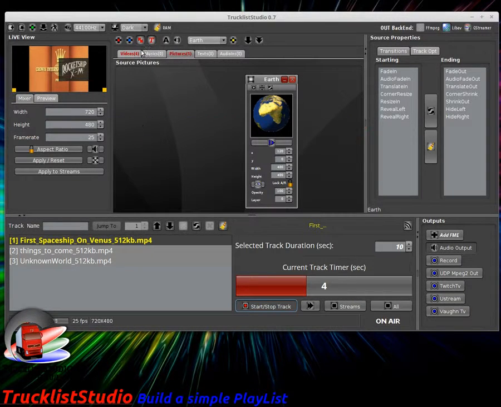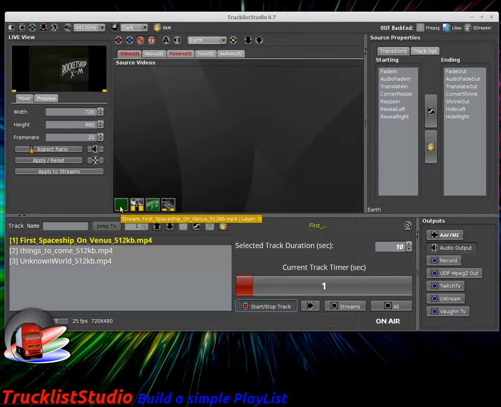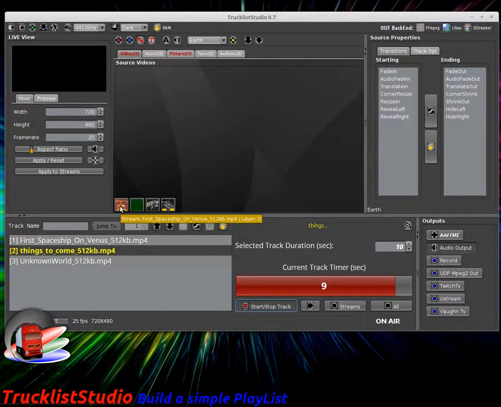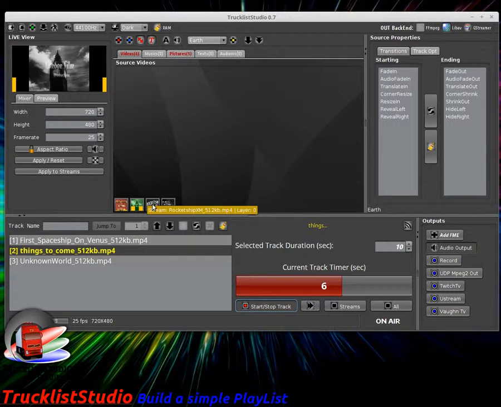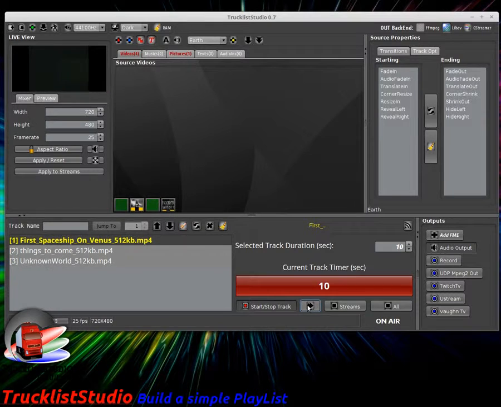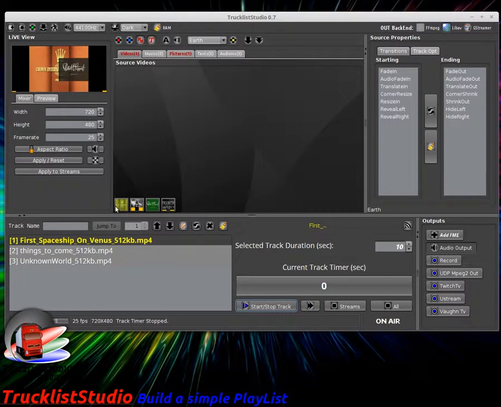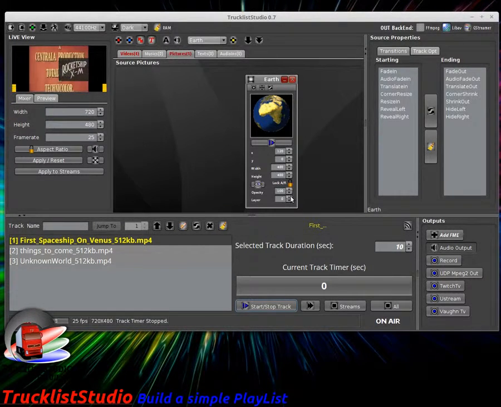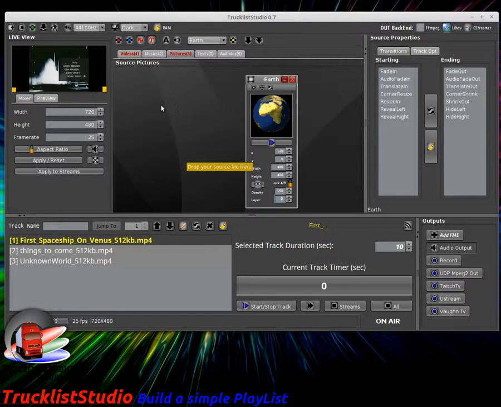naturally here I have to check the layer. This is in the first layer. This is on layer 1. Then I have to put my logo on the second layer, because if the layers are the same, only one stream will be played at a time. Okay,